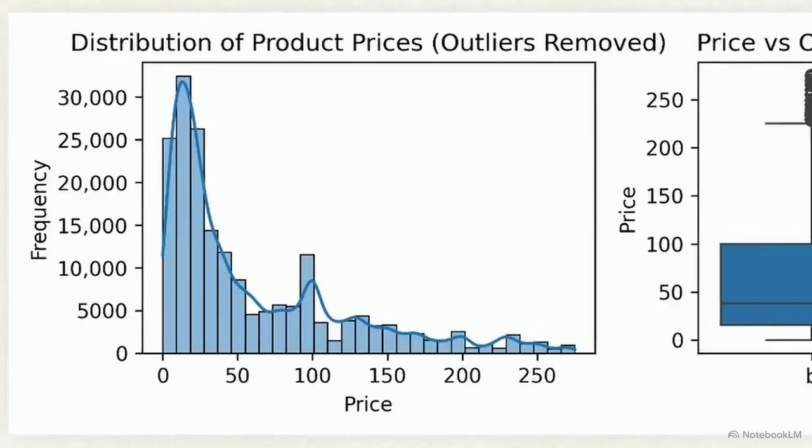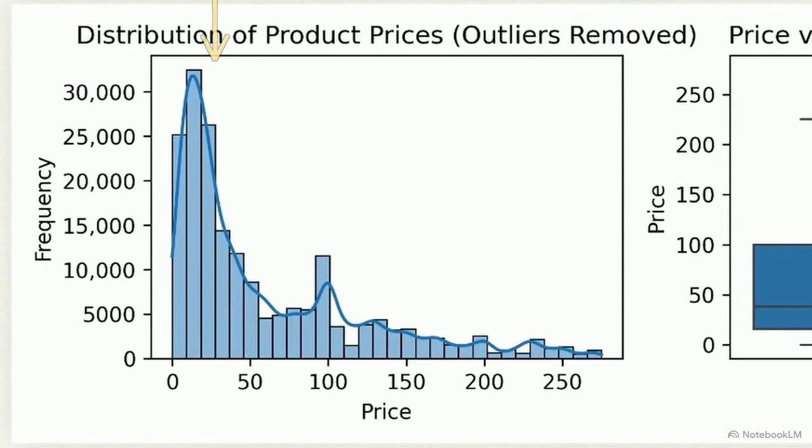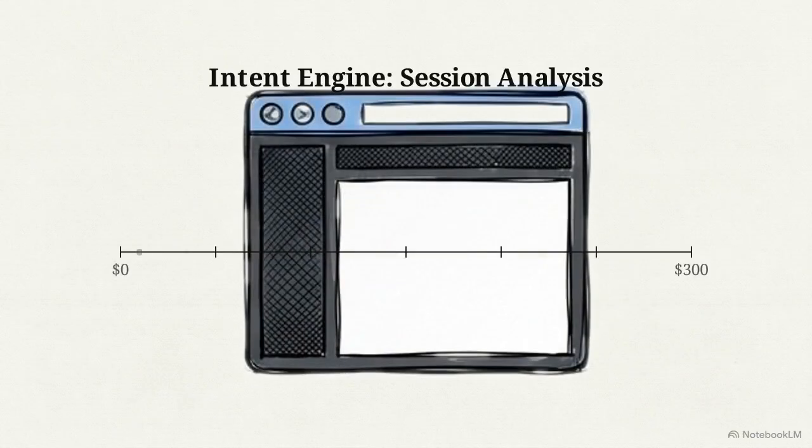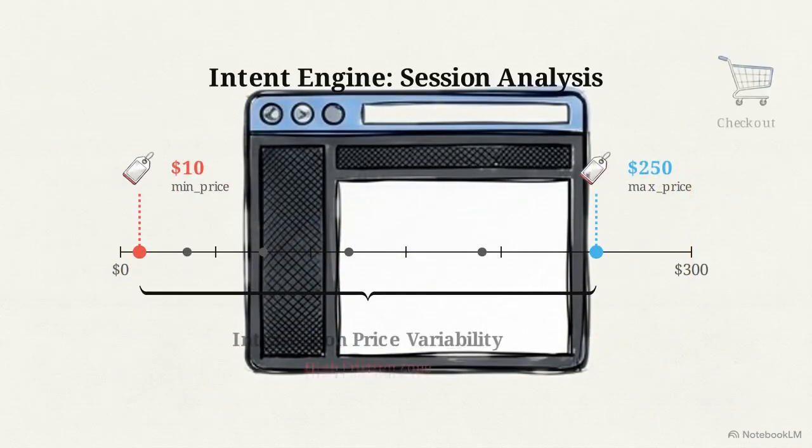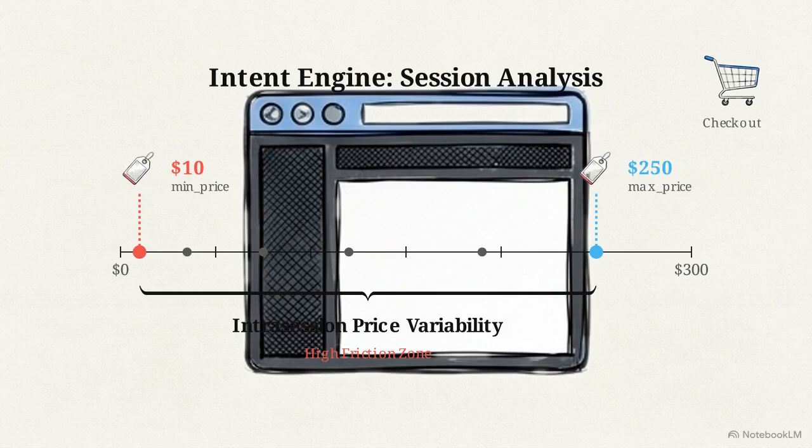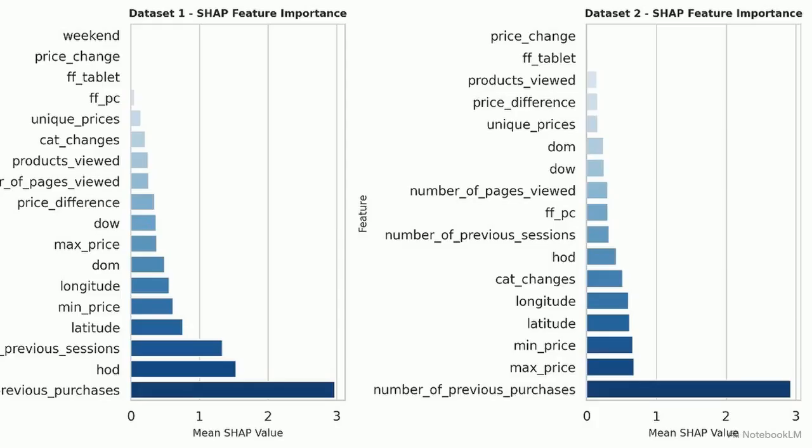The model specifically tracked the minimum and maximum price points a user was exposed to before reaching the cart. Returning to the SHAP data, we see that these price boundaries strongly influence the predictions for dataset 2. The algorithm prioritizes price volatility, the spread between the cheapest and most expensive items viewed, as a primary indicator of